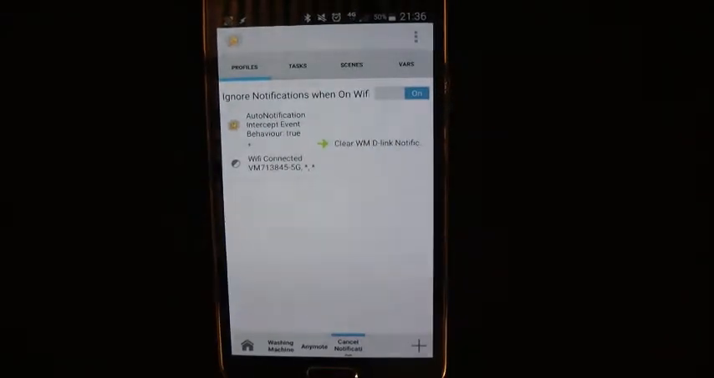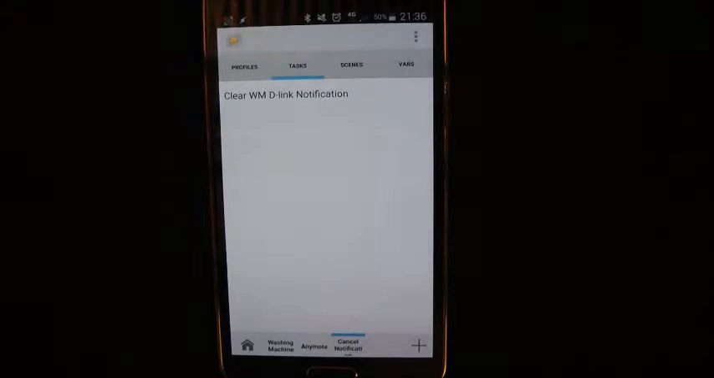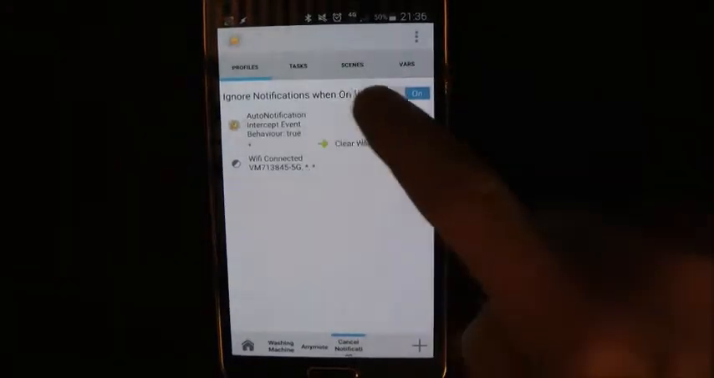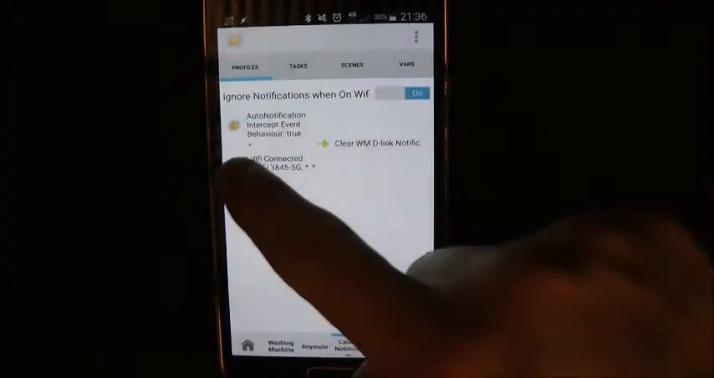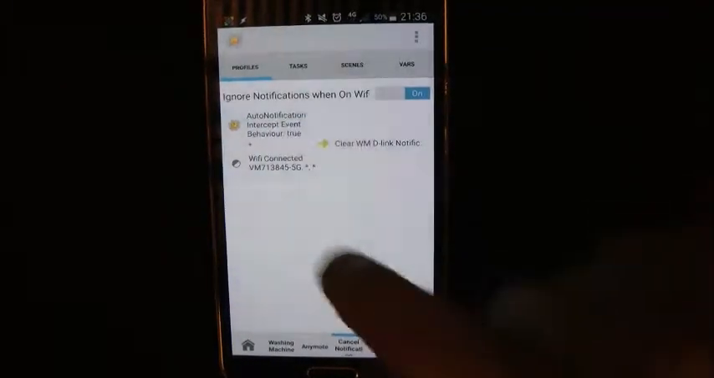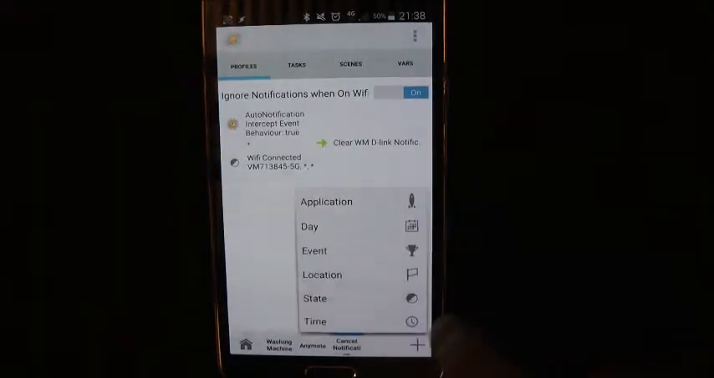Profiles you can think of as like a triggering event, which will then call a task, and the task will actually perform the action that you want. So on the profile I've created a task at the bottom here and used the AutoNotification plugin. You can create a new profile by clicking the plus button in the bottom right hand corner,